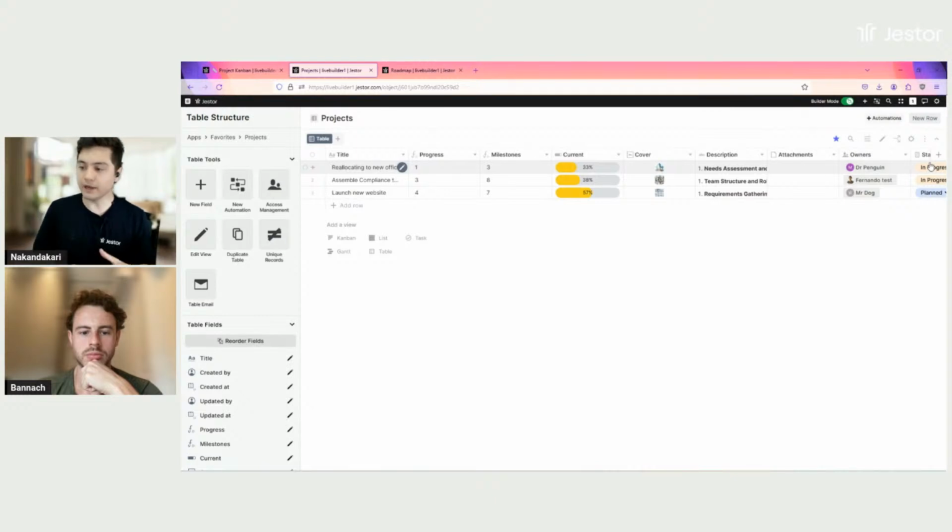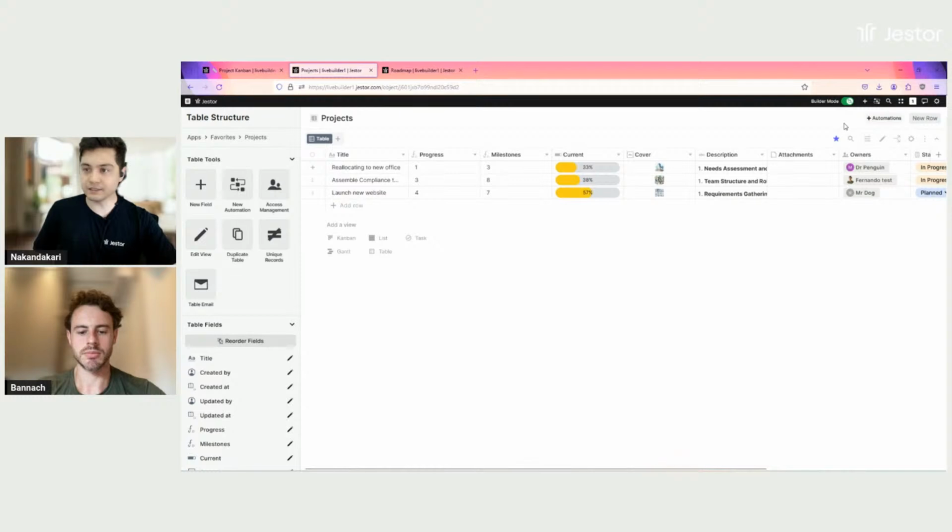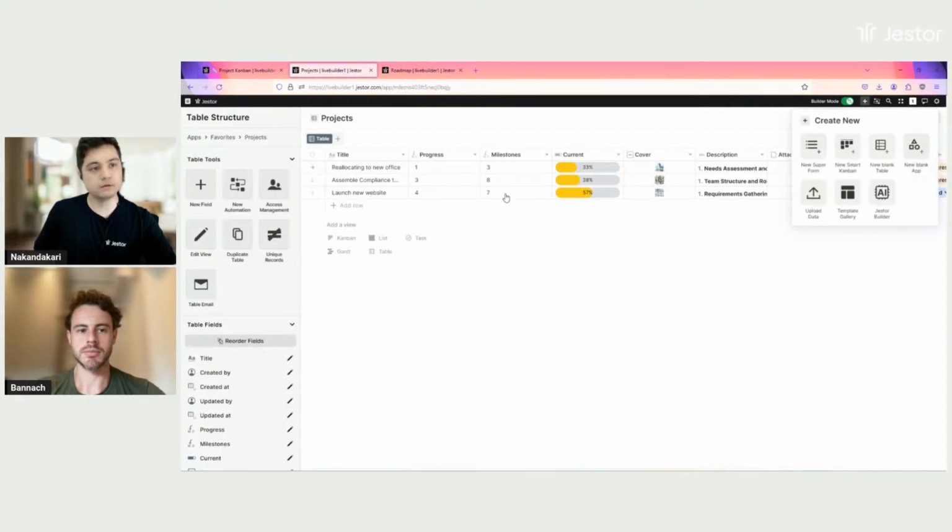So now we're going to build the app, right? So the app is mainly comprised of two things. It's a Kanban board, and then there's the project hub, which shows you information for a specific project on the left, and on the right, you have all the milestones as a Gantt view. So let's start by building a new app page